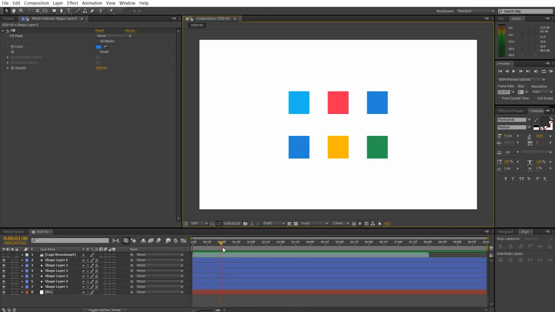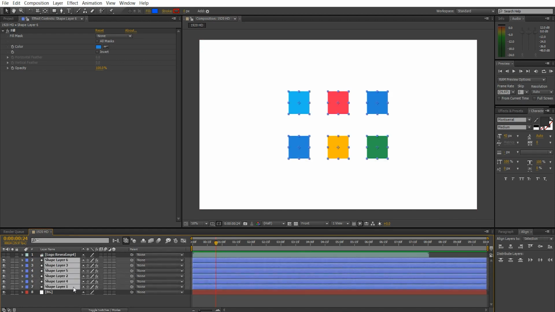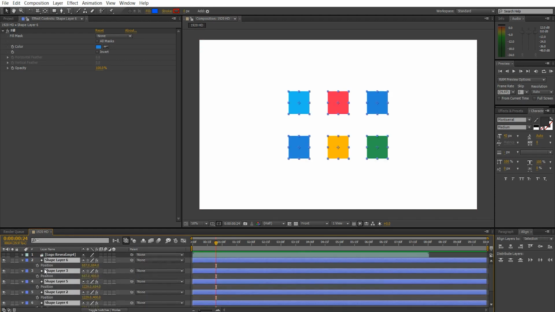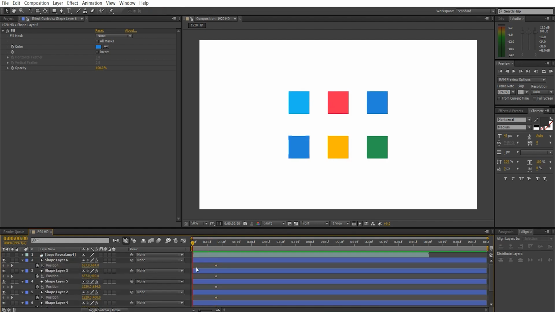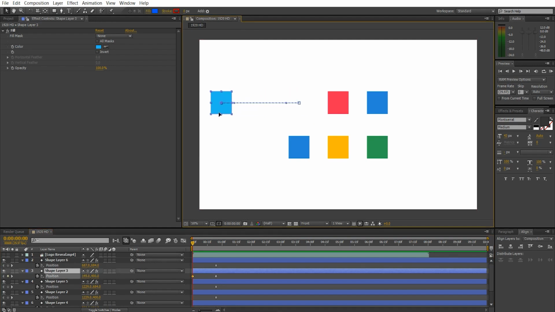So this is like 1 second, 2 second, 3, 4, 5. So just before the 1 second mark, select this, and hit P on the keyboard, and you'll see this position. So just click here once. Now just select this thing, hit shift and just drag it outside the frame,